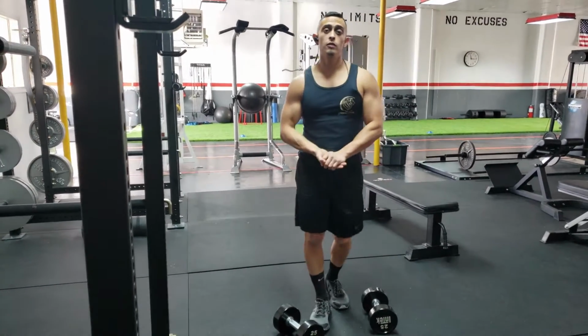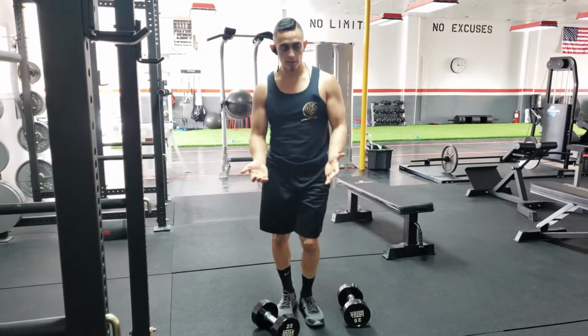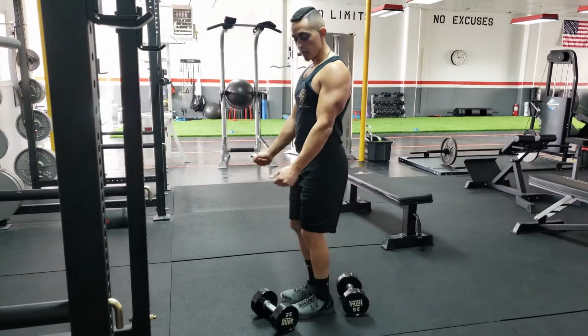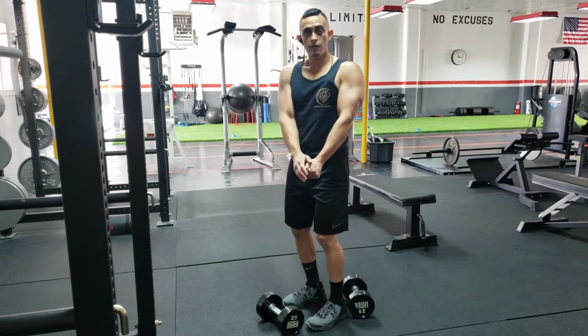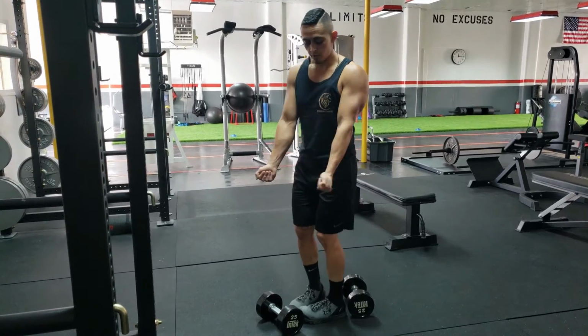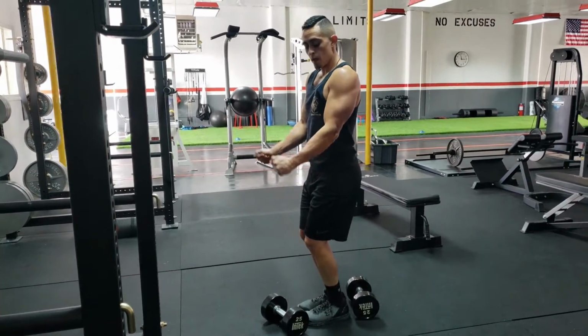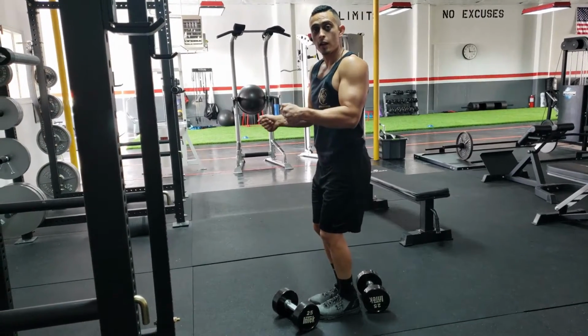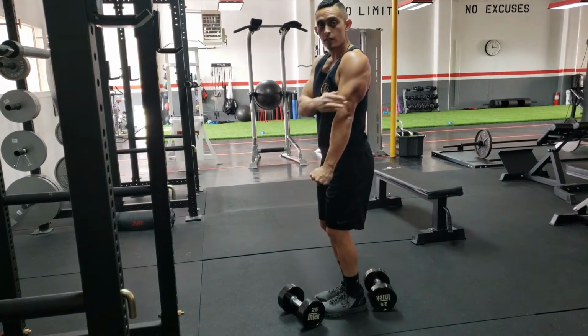Hey guys, so now we're going to be doing a standing dumbbell hammer curl, okay? So basically all we're going to do here is we're going to have our elbows slightly in front of us, okay? We're going to have our thumbs in front, okay? So instead of having your elbows out like a regular curl, we're having our thumbs in front of you, okay? You're going to go up, slightly bent on the elbow, on the wrist, squeeze, down, flex the triceps, back up,